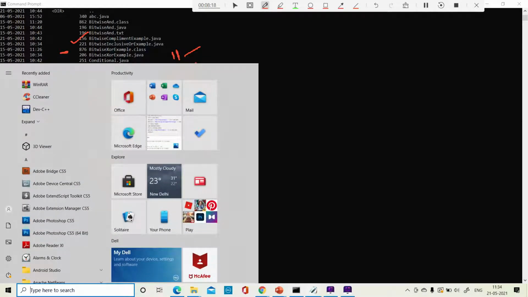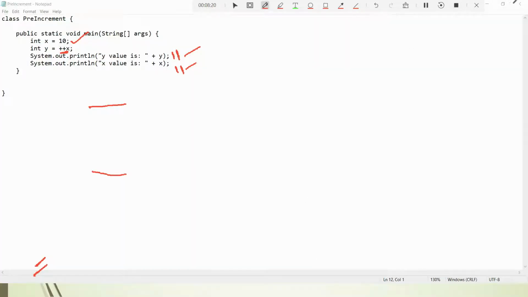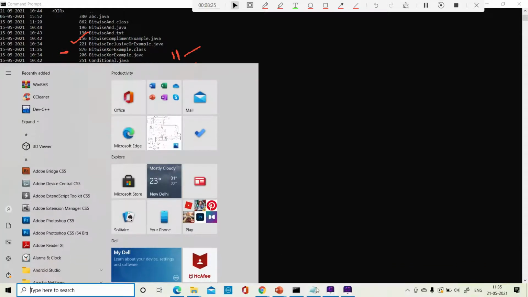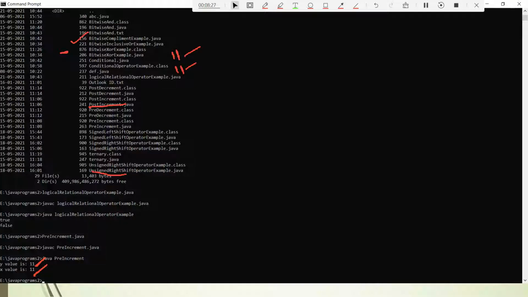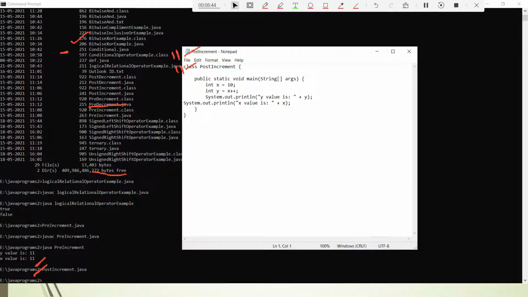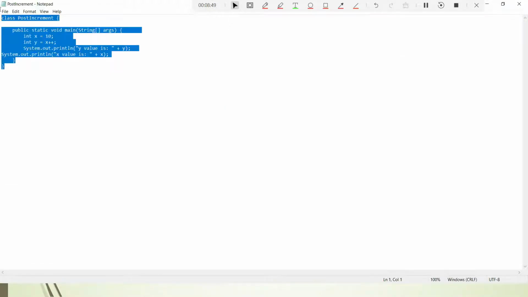This one is a pre-increment program only, so let's close it. To open post increment, I write PostIncrement.java. It is already opened here. I'll zoom if required.